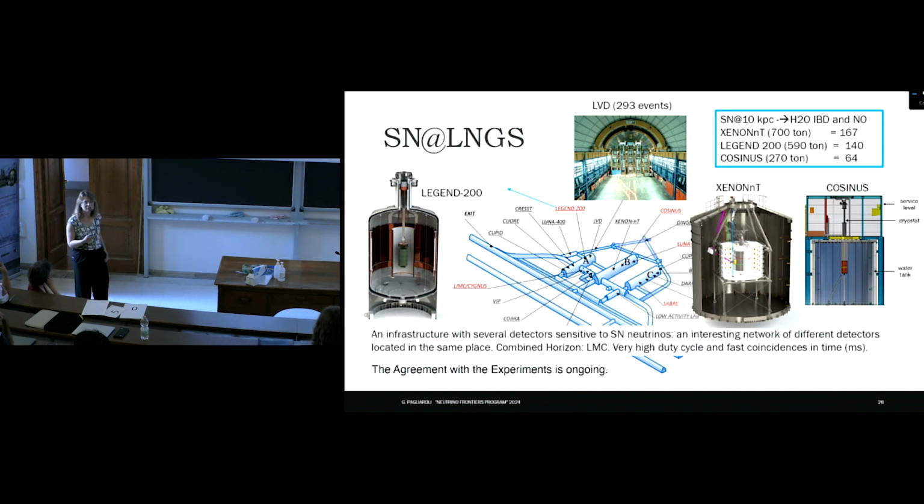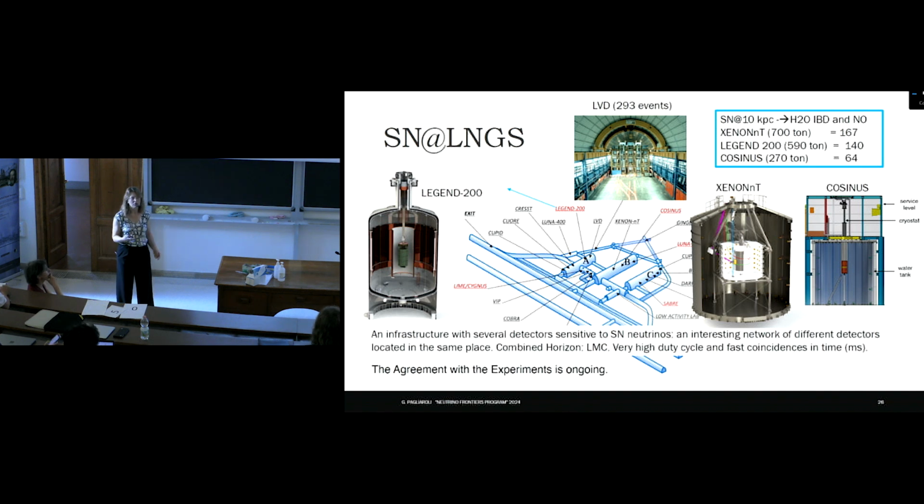However, we have several detectors that are mainly dedicated to other physics topics, like dark matter direct detection or neutrinoless double beta decay. But several of these detectors are characterized by a veto region around that is a water tank. So this water tank is sensitive to inverse beta decay neutrinos from supernovae, and then you can combine these water tanks together as a bigger modular detector that can be sensitive to supernova neutrinos with a very high duty cycle, because it's a modular detector, and very fast coincidence in time. So this idea brings to an agreement that is ongoing between experiments,